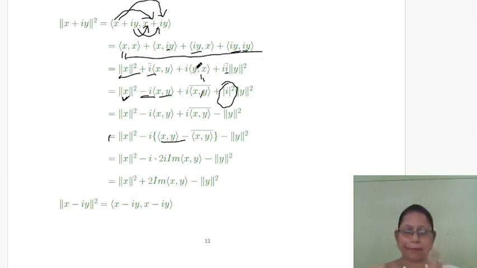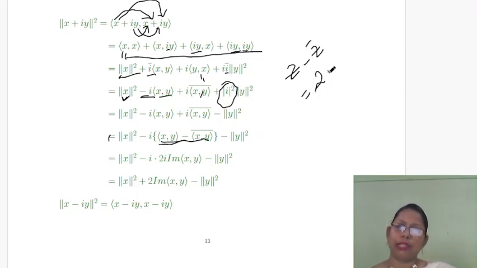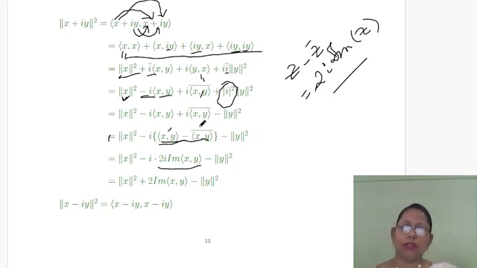So in the next step it will be twice I. This difference will be twice I imaginary part of inner product of x y. Why? If z is my complex number, if I subtract the conjugate of z, then it will be twice I imaginary part of z. Okay. By using this, I get this one. This is a complex number, subtract from it the complex conjugate. I will get two times I into imaginary part of the inner product of x y